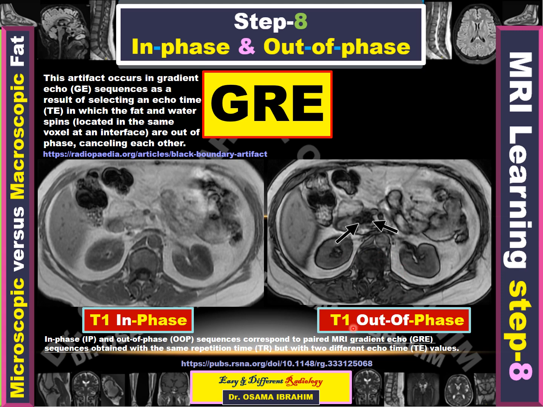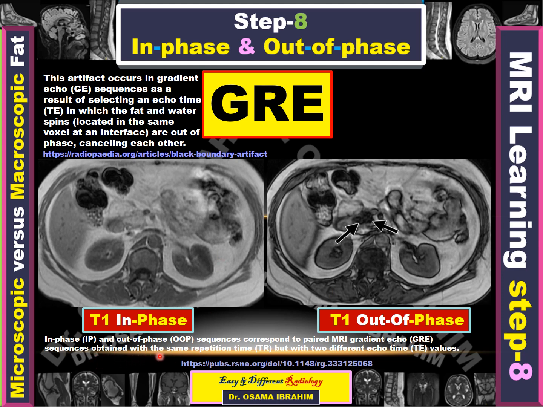Actually, the T1 out of phase is represented in this MRI image, and this is a sequence I haven't talked about during the previous 7 presentations about MRI learning. This is a new MRI sequence. It is a gradient echo sequence, meaning it has a flip angle less than 90 degrees, and it is identified by these black lines, which are called India ink artifact or chemical shift artifact. This out of phase sequence diagnoses the microscopic fat, which can be detected here by the drop of signal, and this is the T1 in phase. These two phases, in phase and out of phase, are gradient echo sequences,